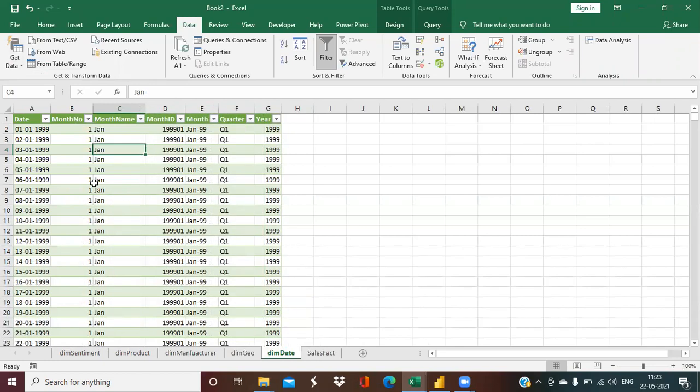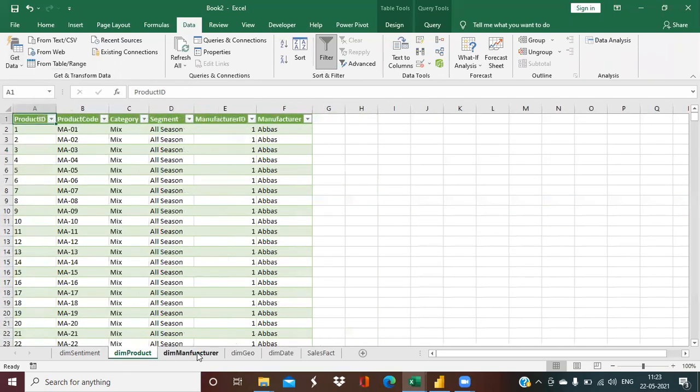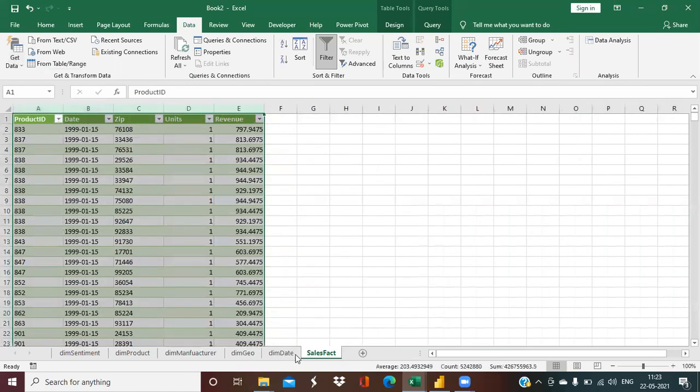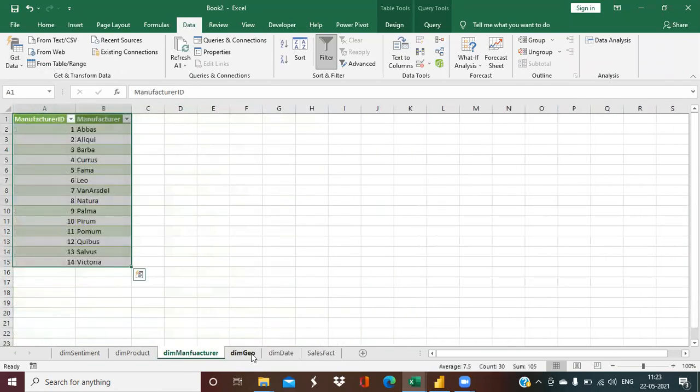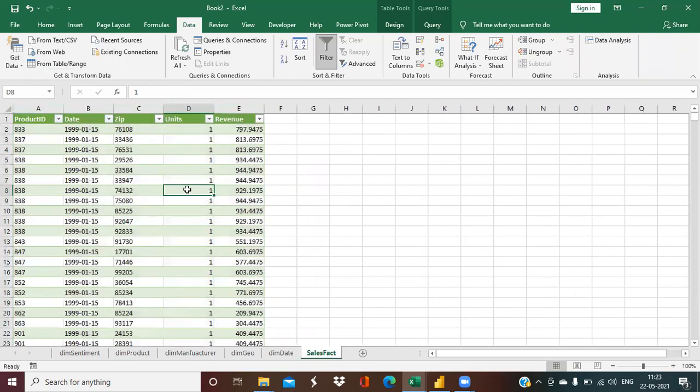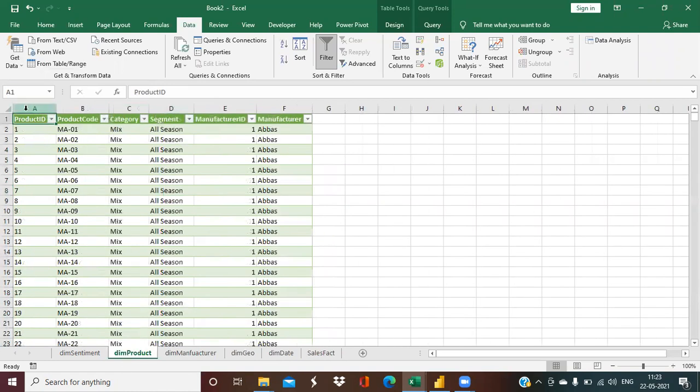Now our next purpose is to start doing analysis on this data, to create the pivot table and start analyzing the data. The first question which comes to my mind is how to create a pivot table based on data which is in different tables. We have different tables here. So how to create a pivot table based on multiple source tables? In the past, the only way of doing it was using a lookup. You had to create a lookup in a fact table based on your sales fact table, and then get the values from the other tables using the lookup. But that was a past option.